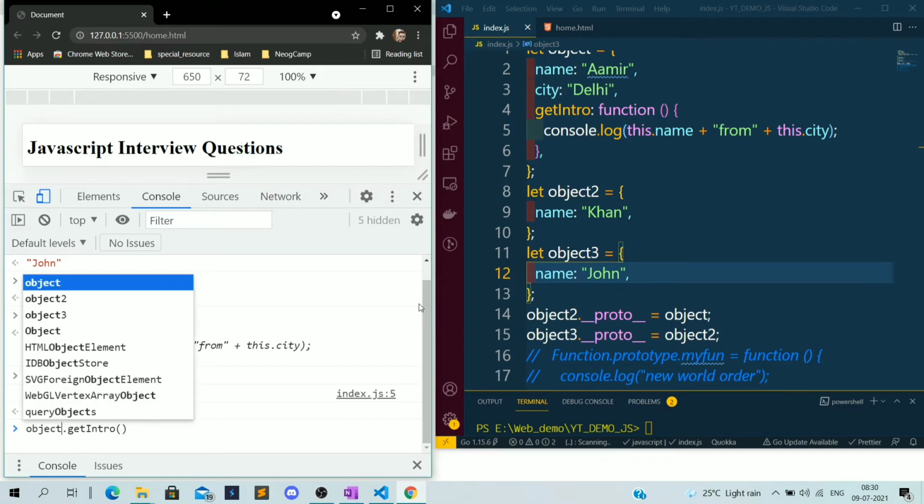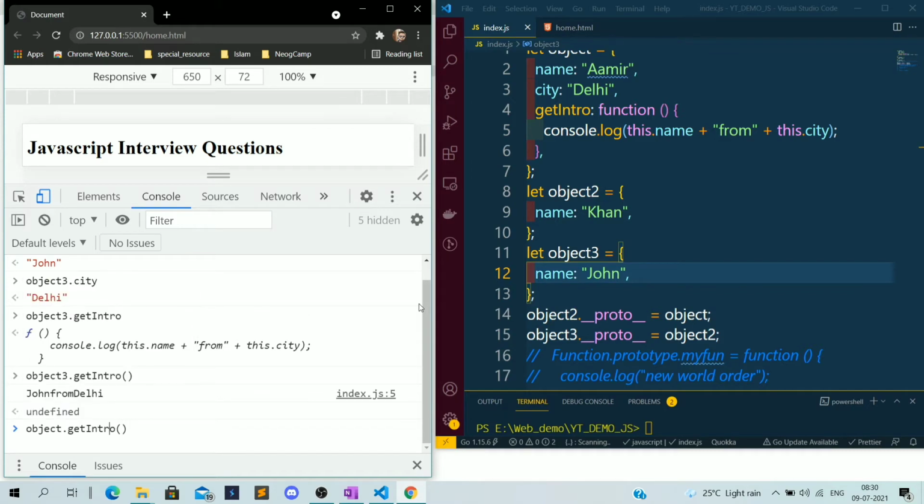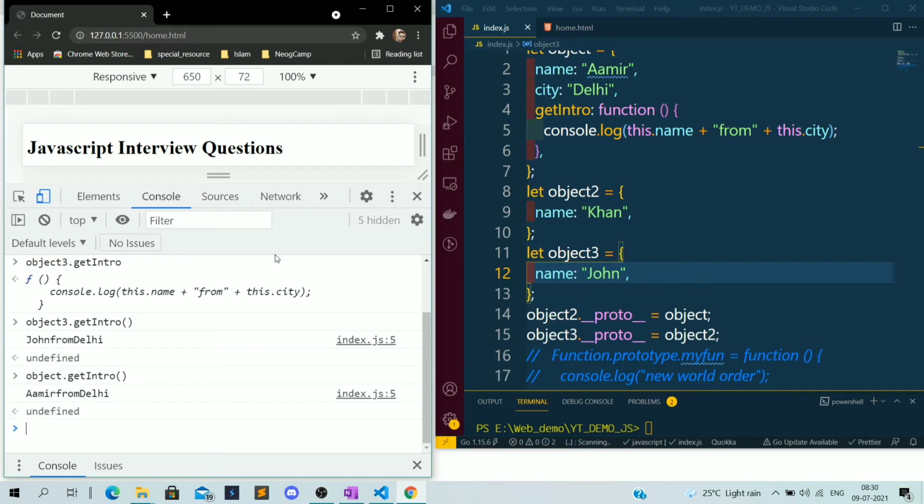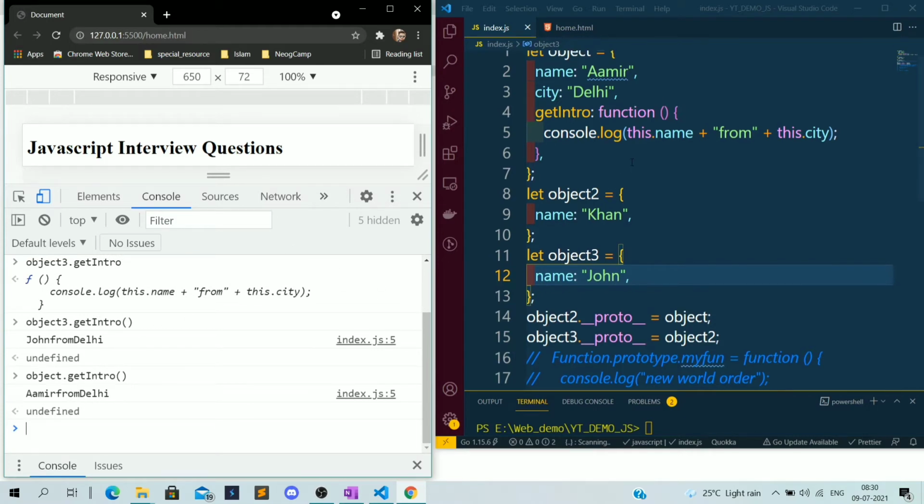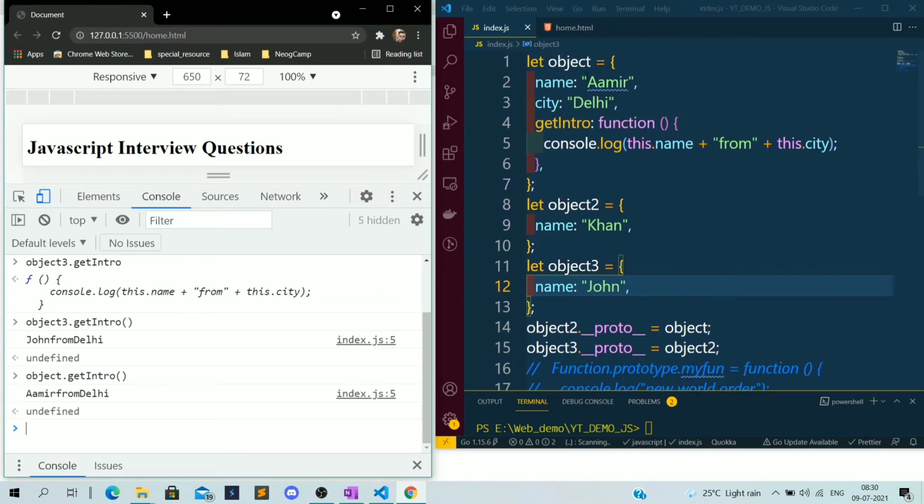This is quite interesting. So object 1, if we print object dot get intro method, it will print Amir from Delhi. Why? Because object contains name which has the value Amir, city Delhi. So that is why this dot name will take Amir, and this dot city will take Delhi.